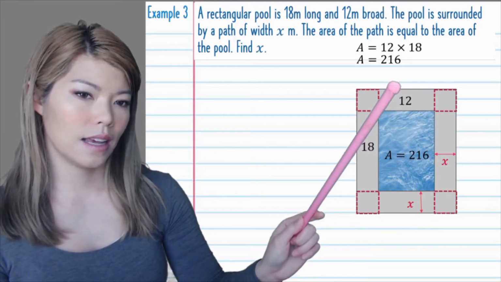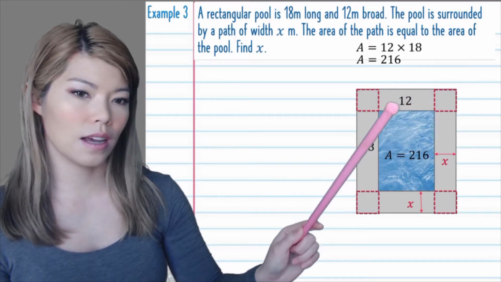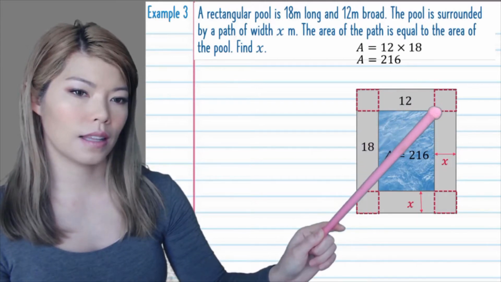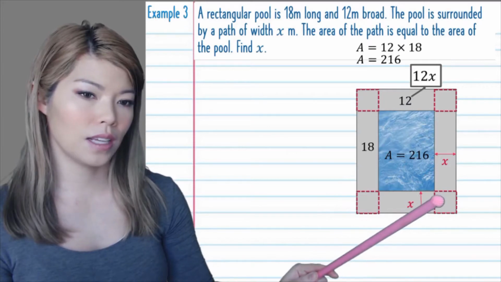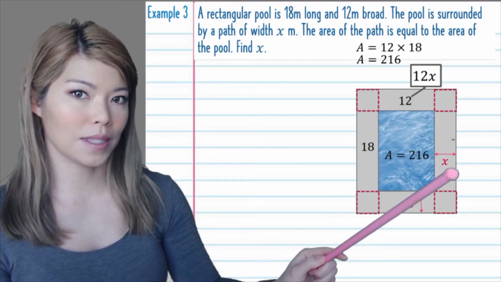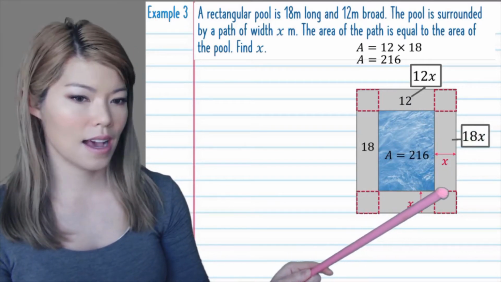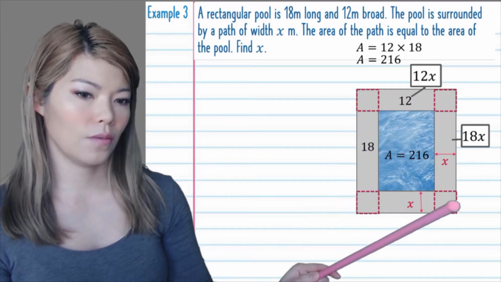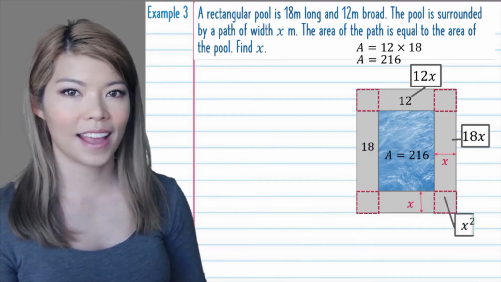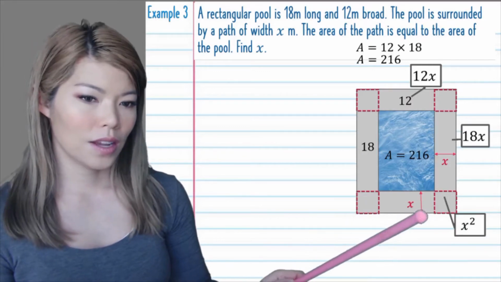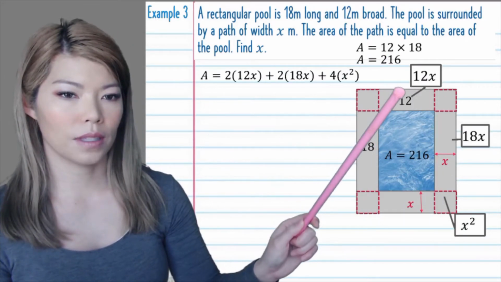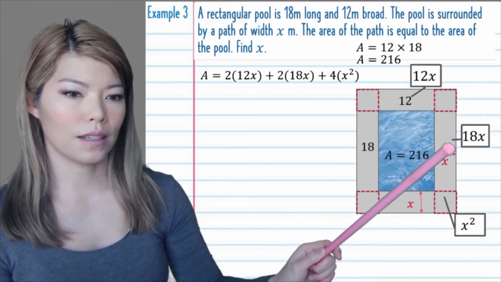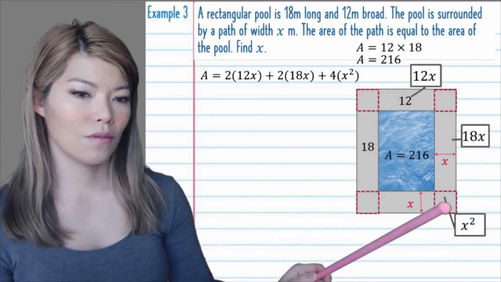Now I can see that this area here, this rectangle here, is 12 times that side, which is x, so it's 12x. And I can see that this rectangle here is 18 times x, or 18x. And I know that the four corners, well, it's x times x, which is x squared. So the grey area, the path, is equal to 2 times 12x plus 2 times 18x and 4 of these